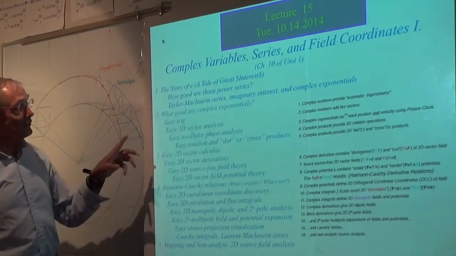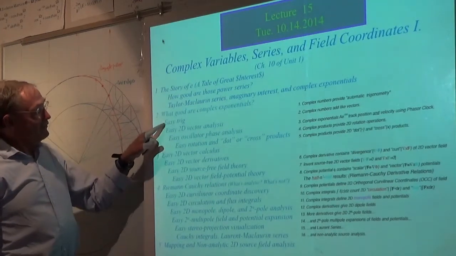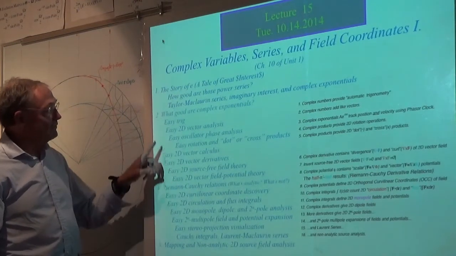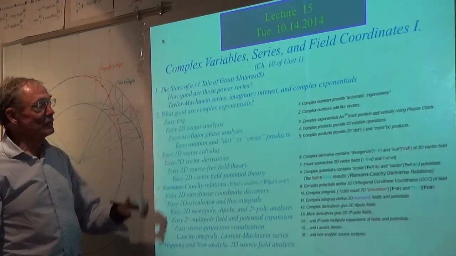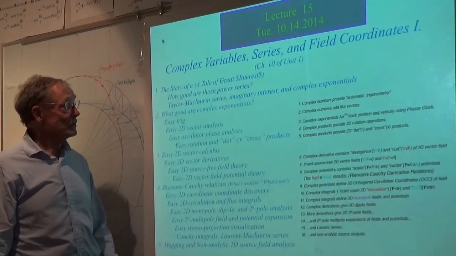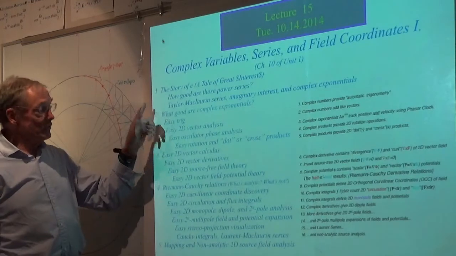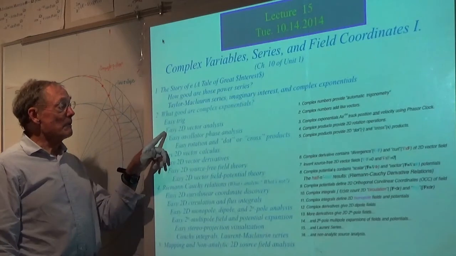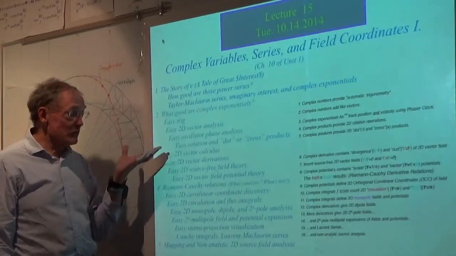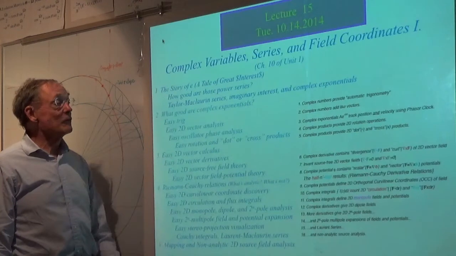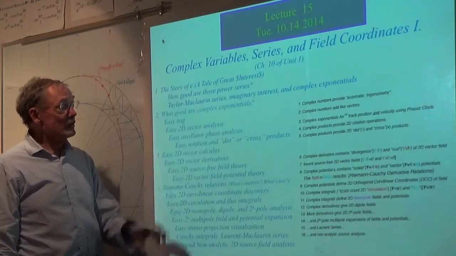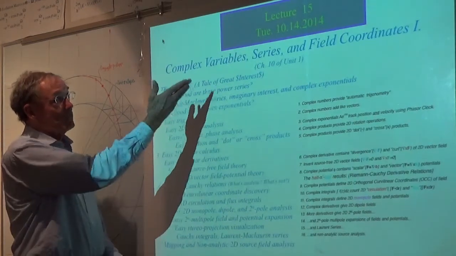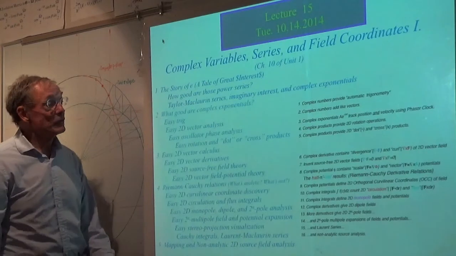And so I'd like you to see that the word easy is repeated here quite a number of times. Easy trigonometry. If you're on a qualifying exam and you forget some trigonometric identities, this is the way to get the answers very quickly and without much trouble. Vector analysis in 2 dimensions becomes very easy using this complex variable theory. Also, it lets you see complex variables properties that are often misunderstood.